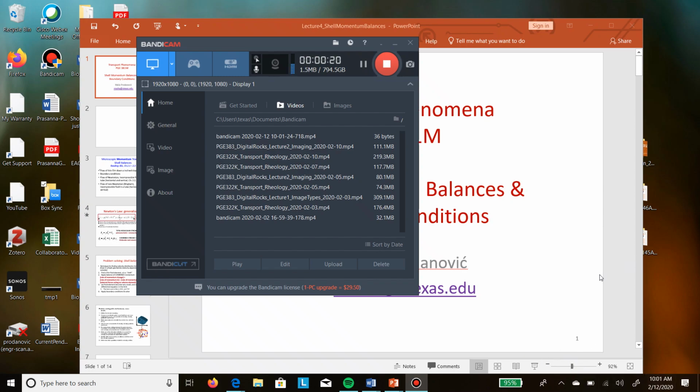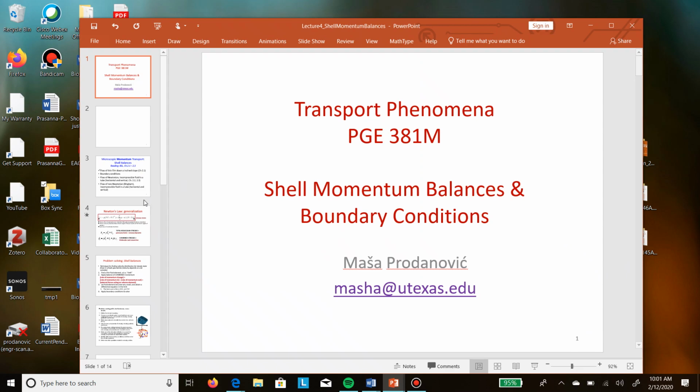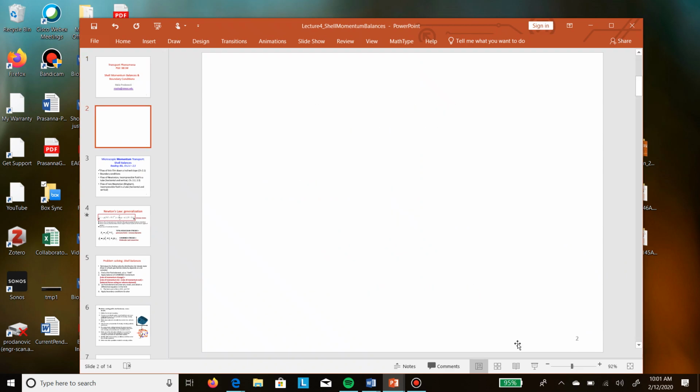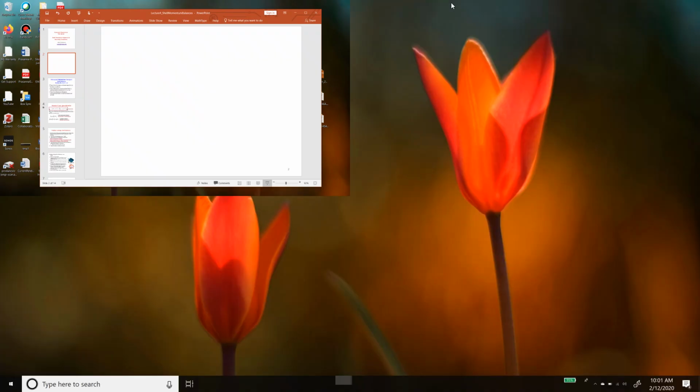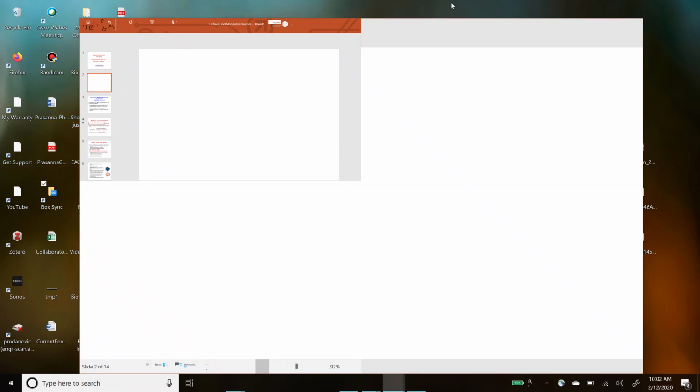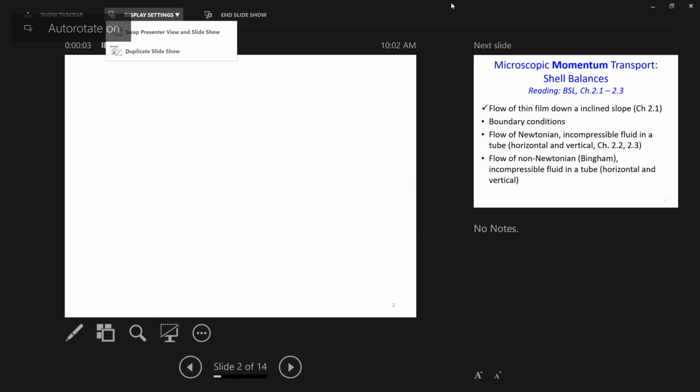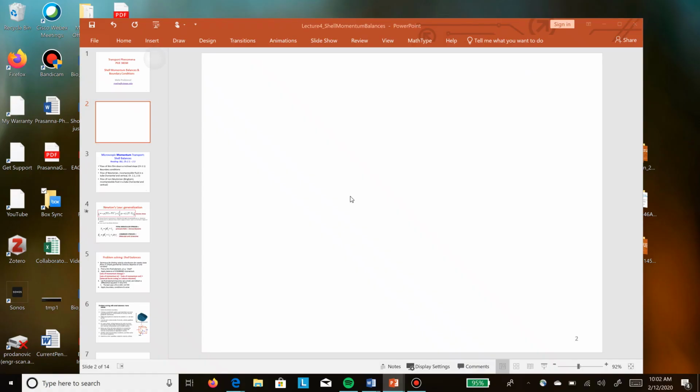So we are going to start today something called Shell Balances, where we are going to put our newly acquired knowledge of stress tensors to use. So, just a quick review. If I had